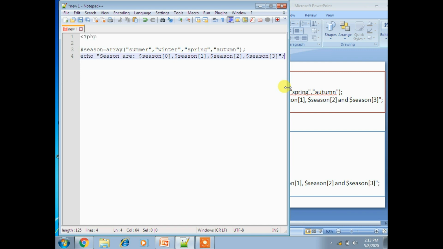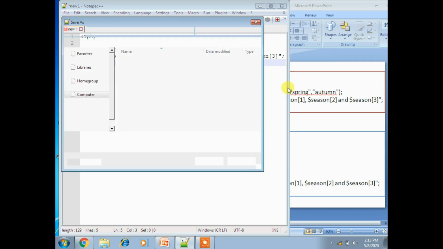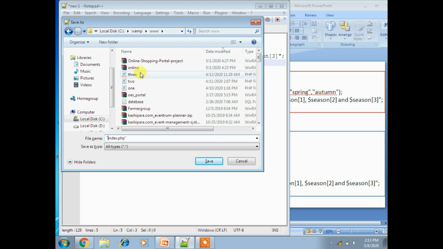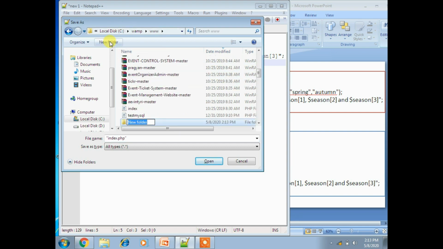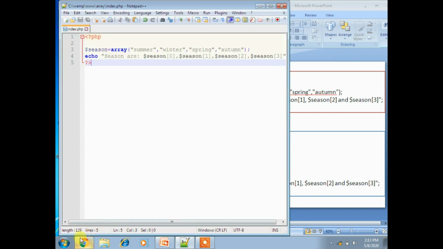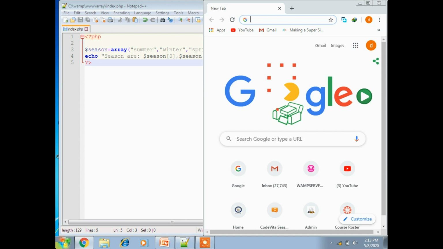Finally close the PHP tag and save the program with index.php. I am just taking an example name, index.php. I am saving it in the C drive WAMP folder, where I created a folder called array. In the array folder I am saving this program. Now I am executing the program by starting a server.